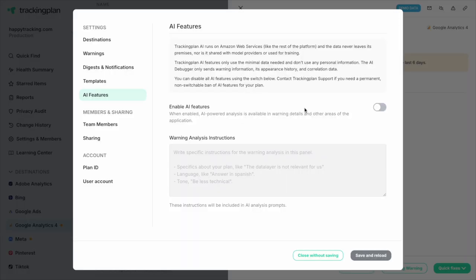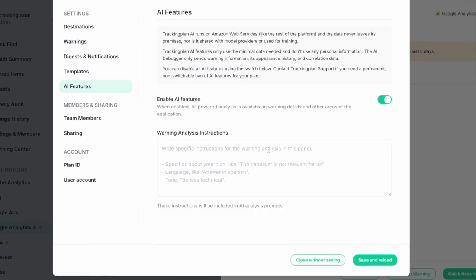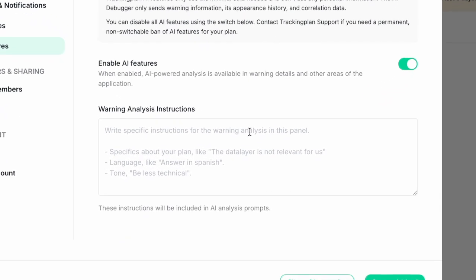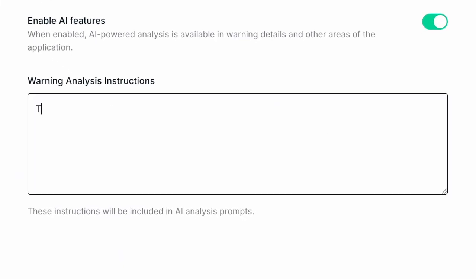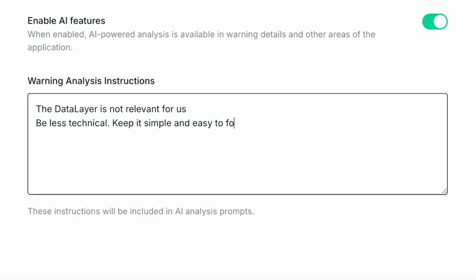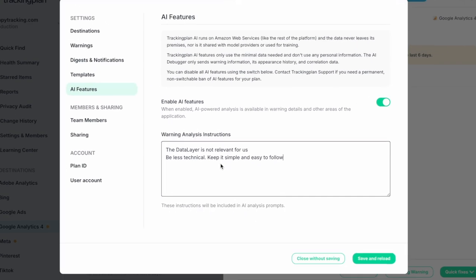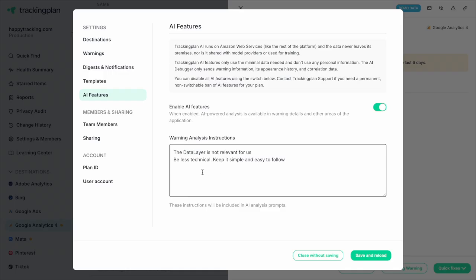In here, you can also configure instructions for the AI agent to adjust how AI-generated explanations are written to better fit your team's context and way of working. We could add specific context about our plan, like, for example, that the data layer is not relevant for us. We could also define the language of the responses, in case English isn't really your thing. Or we could also specify a particular tone or level of detail by telling our AI agent to be less technical and keep explanations simple and easy to follow. These instructions will be automatically included in the AI warning analysis prompts, allowing the AI agent to adapt its explanations